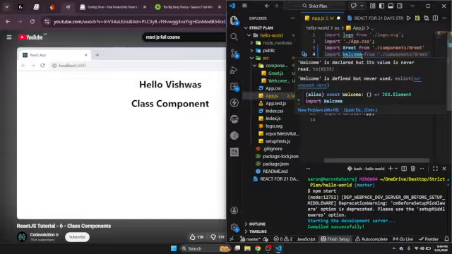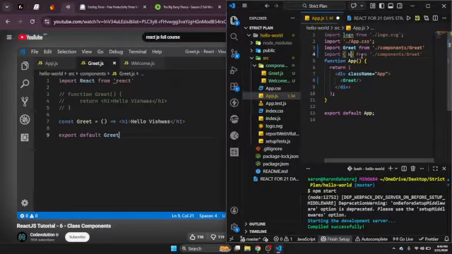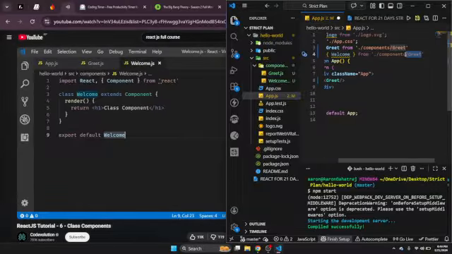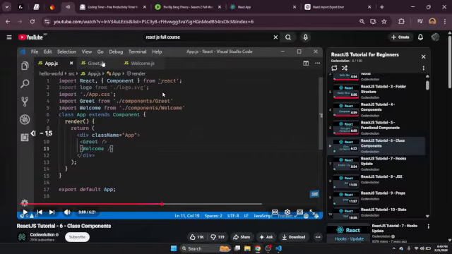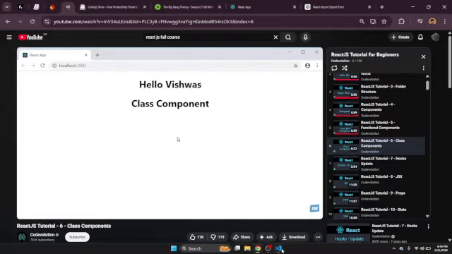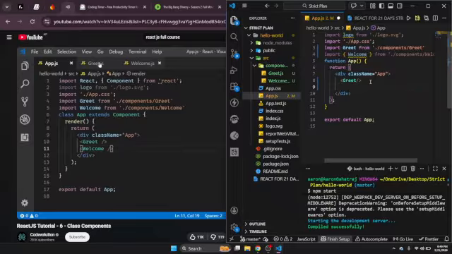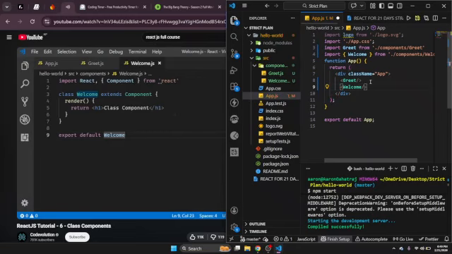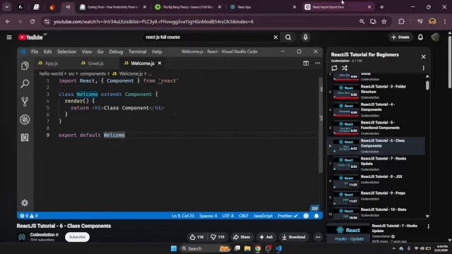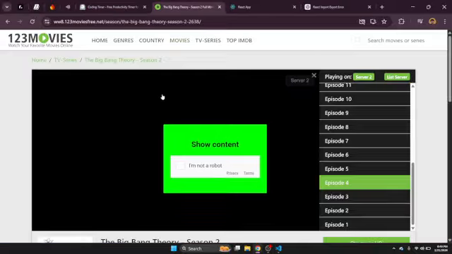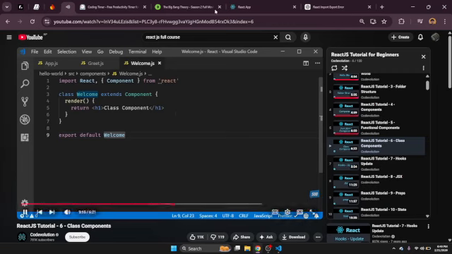Now that we have seen how to create a functional component and a class component, you might be wondering what is the advantage of using one over the other and when exactly should you use a particular component type. Now, I definitely want to discuss